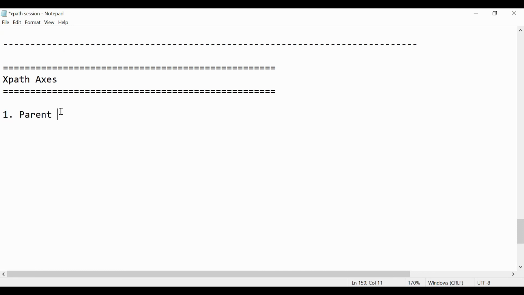Okay, so how you can use it is: double slash, let's say, using some tag name you created some parent node or attribute for the child.